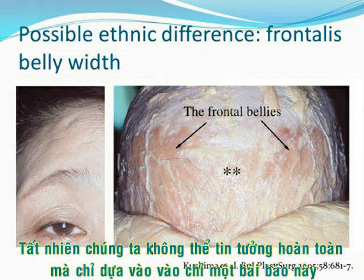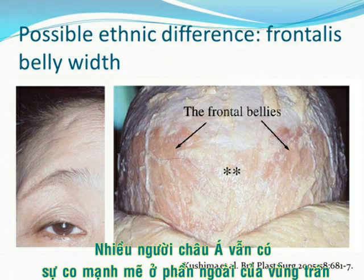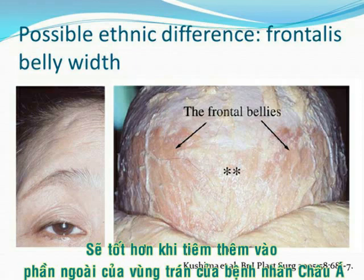Of course, we cannot totally believe just this article, but as you can see in this picture, many Asian people have very strong contraction of the lateral upper part of the frontalis. So it's always better to inject additional lateral injection for Asian people, because